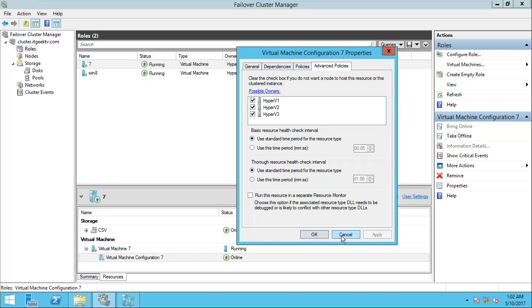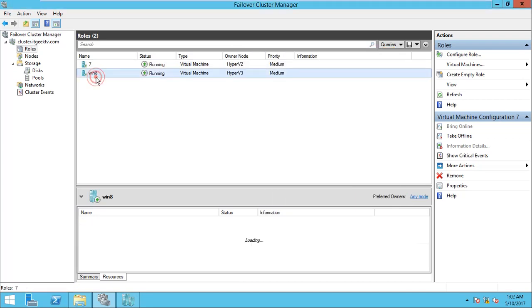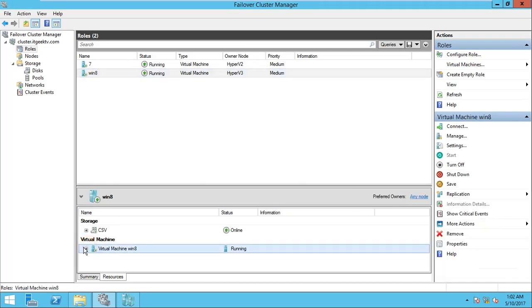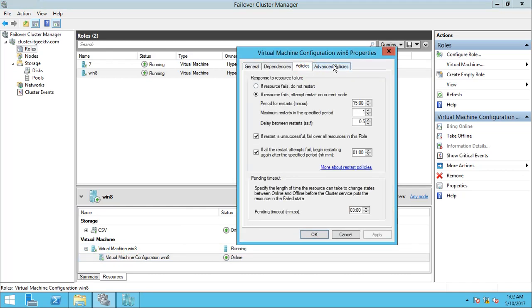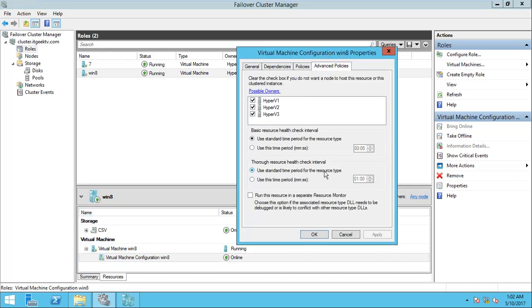Let me show you with an example how you can do it. I'm selecting a Windows 8 machine. In advanced policies, for the configuration part, I'm going to select that every Hyper-V host can host the configuration file of this virtual machine.